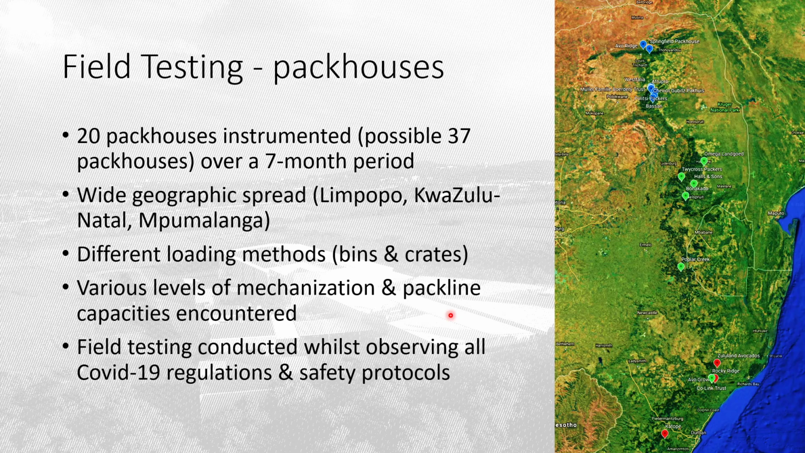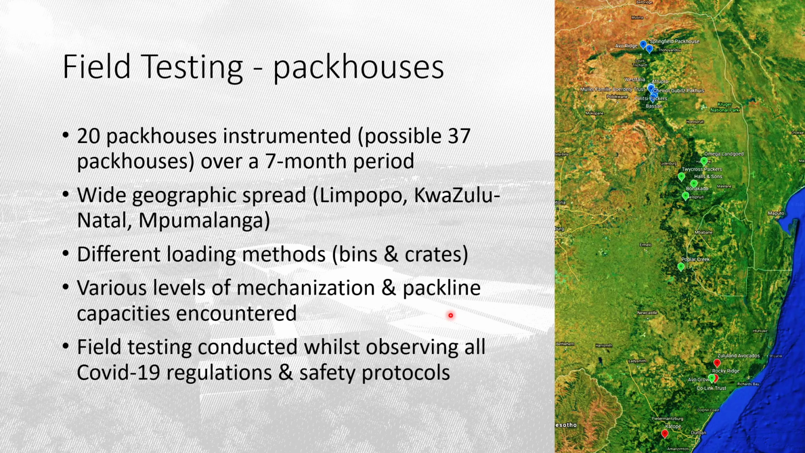They did have a good geographic spread, some of them in Limpopo, KwaZulu-Natal and Mpumalanga, and also using bins and crates to bring the avocados into the packhouse. So during this process, we saw a number of different types of mechanization and pack lines. So we think through the process, we got a pretty good idea of what happens in the typical packhouses for